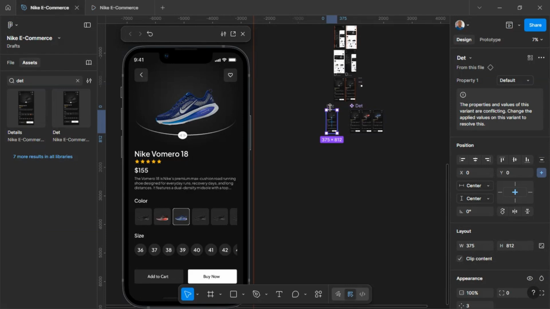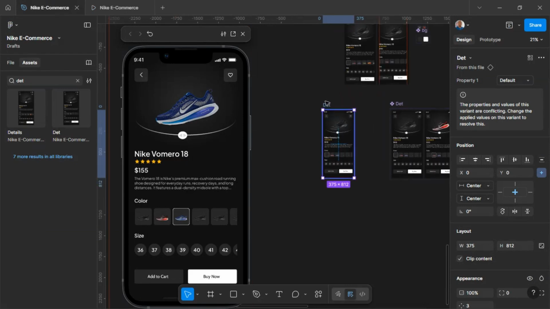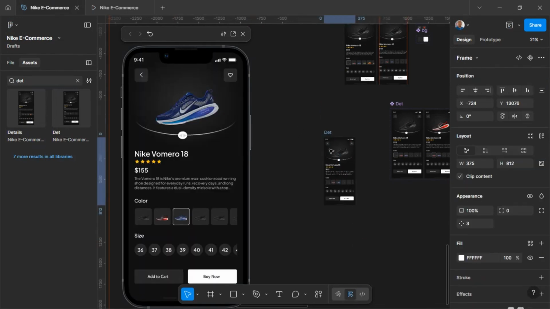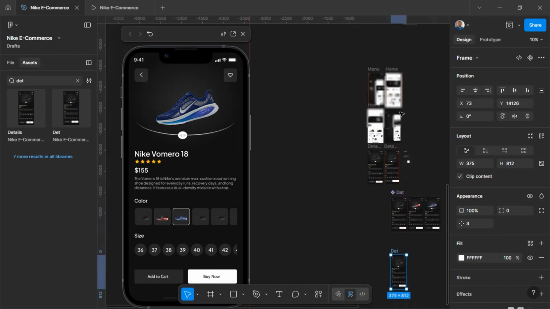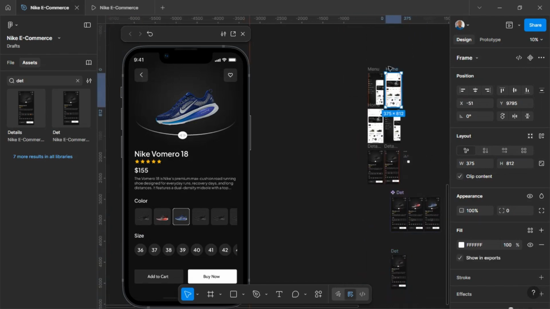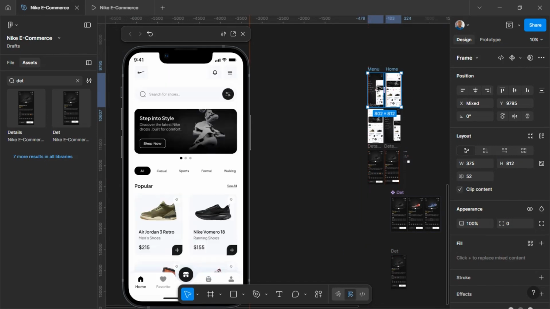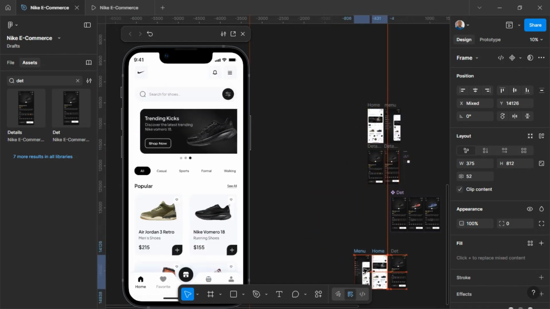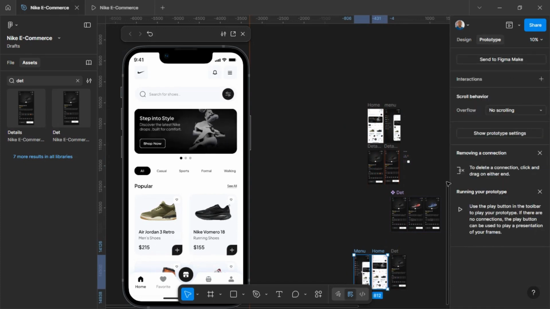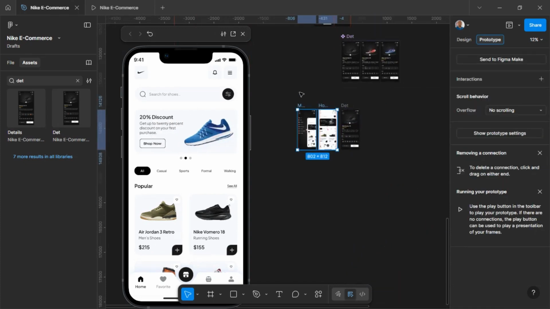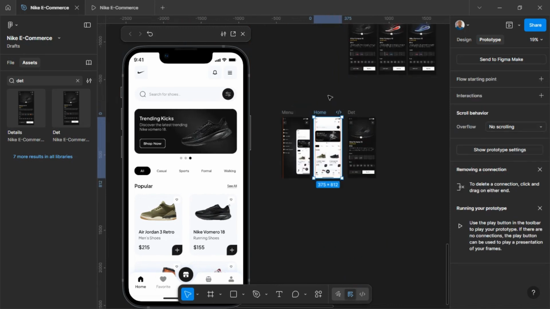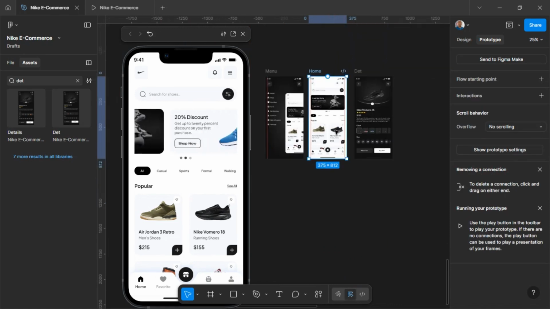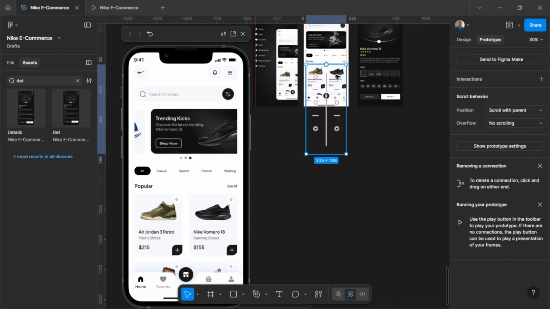So we have our details page here, which I'm just going to bring down. Oh, sorry about that. Just going to bring this down. I'm going to get this home and get this menu as well. Let's see. Hope we don't have prototypes on them because that's going to affect it. Okay, we don't. So we're going to choose this shoe,